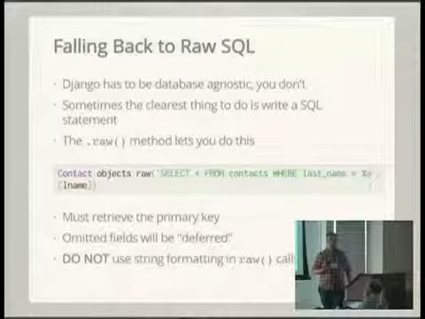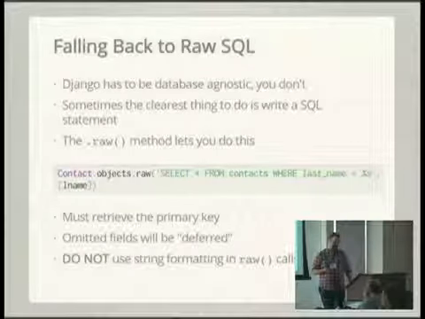So finally, I just want to talk about falling back to raw SQL, because Django has to be database agnostic, but you don't. I mean, presumably